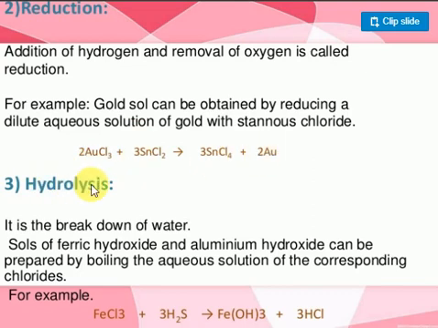The next one is the hydrolysis method. What is the hydrolysis method? This is very important. We are going to discuss it in our practical also. Say you take ferric chloride; here, not H2S, take water. When you add ferric chloride, it forms ferric hydroxide, plus HCl. This ferric hydroxide acts as a colloidal solution.